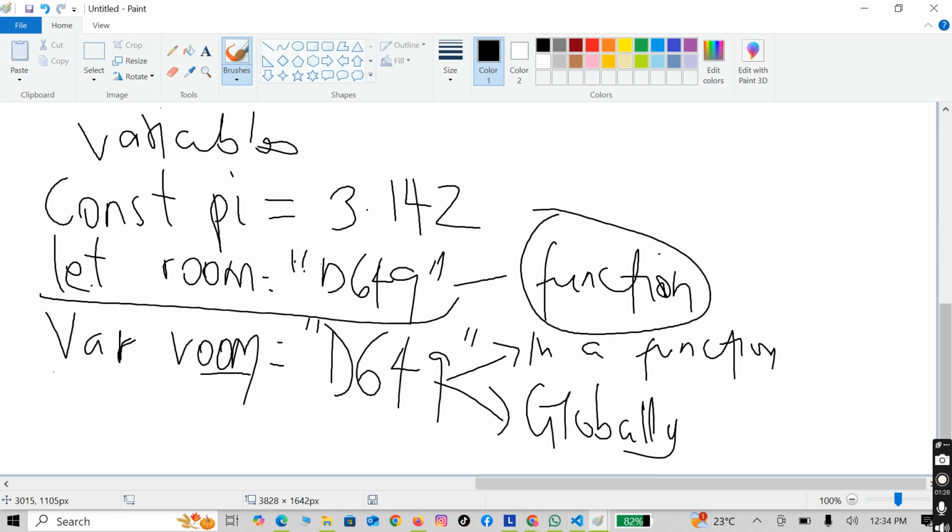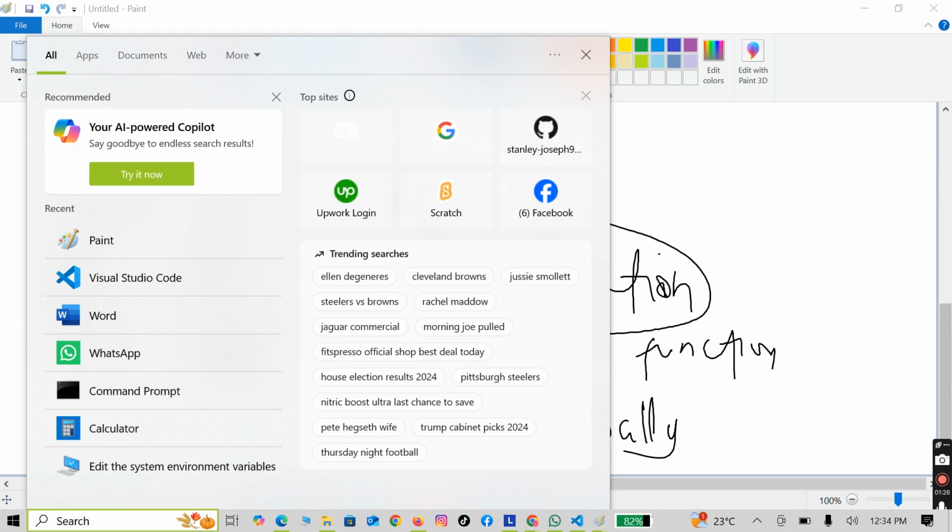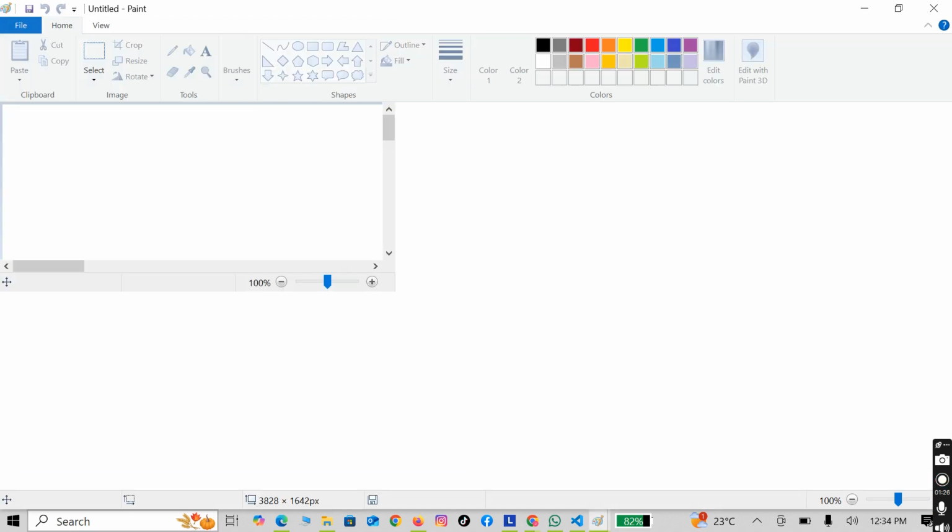Okay. Now, I think we should just continue. We can also have what are called data structures, and by the way, one day if you want to be a very, very good developer, there are things called data structures and